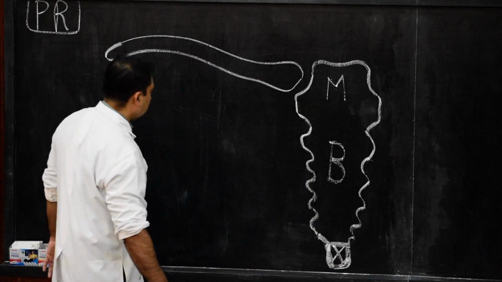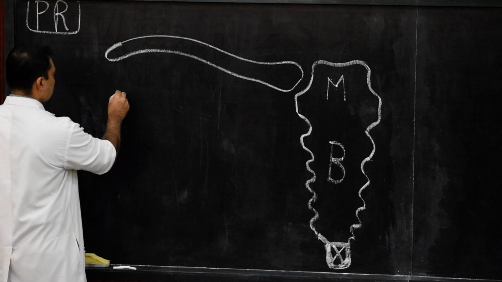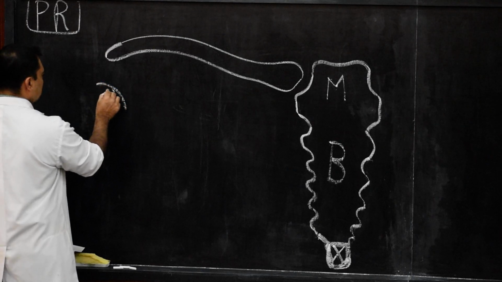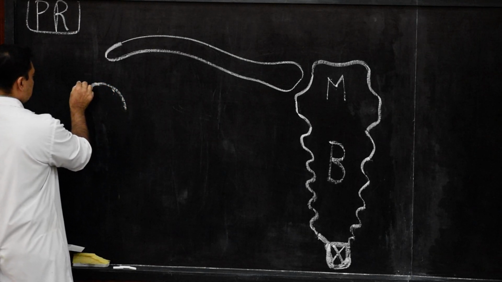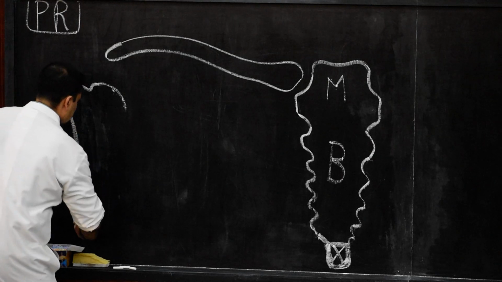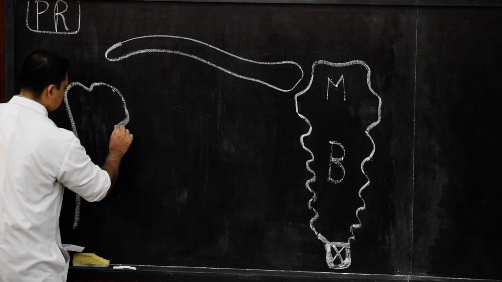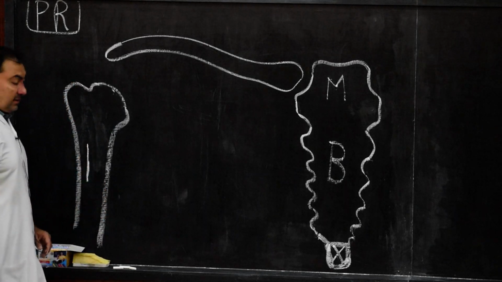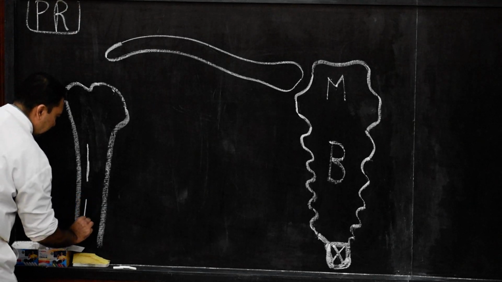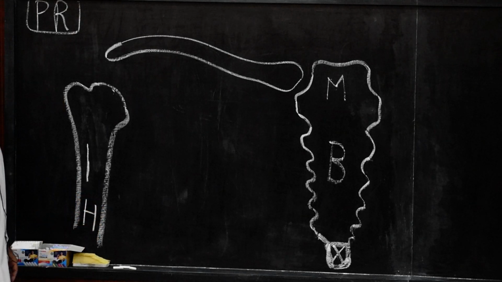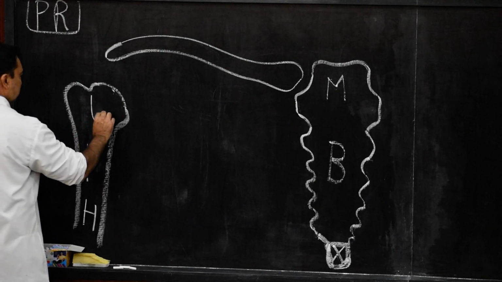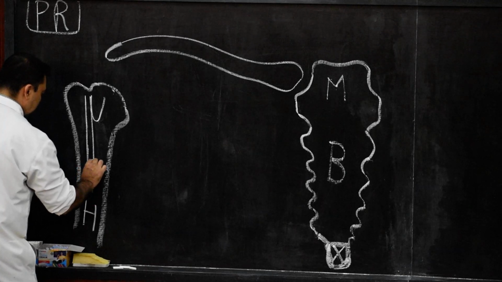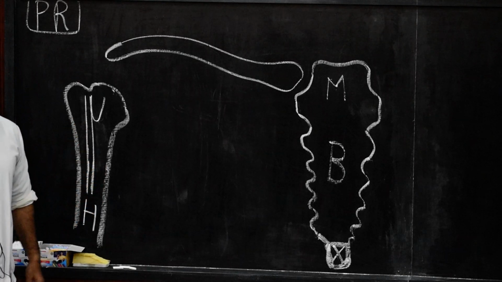Very simple line diagram. Over here on this side we shall draw the head of the humerus. From the head of the humerus we shall draw the greater tubercle, and then we draw the upper part of the humerus. In this way we complete our humerus. Now in the humerus, if I write over here humerus, we shall draw the lesser tubercle also, and we shall draw the bicipital groove. Now here this is the bicipital groove of the humerus.